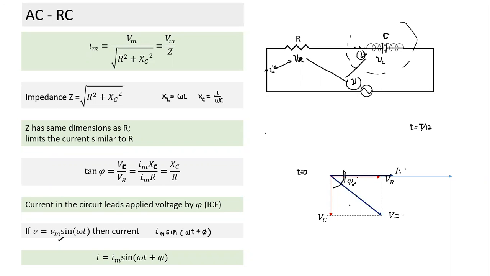Can you understand when t by 12? Can you all draw how the phasor would look like at t by 12? See, what will happen? Everything will rotate by 30 degree. The current phasor will look like this. The relative positions won't change, right, sir? VR will look like this. And this also will rotate, VC will change like this. This will become minus 60 degree. So that is the angle between them, and if I take the phasor sum of the two, this will be V.